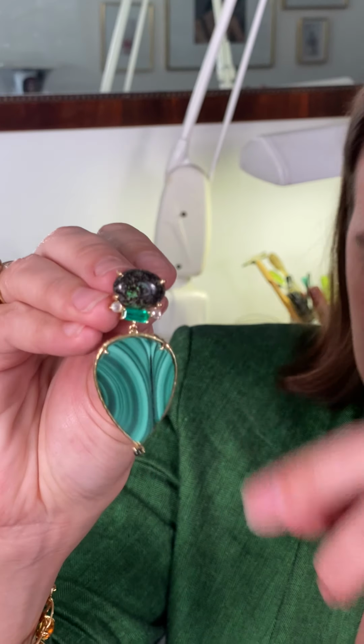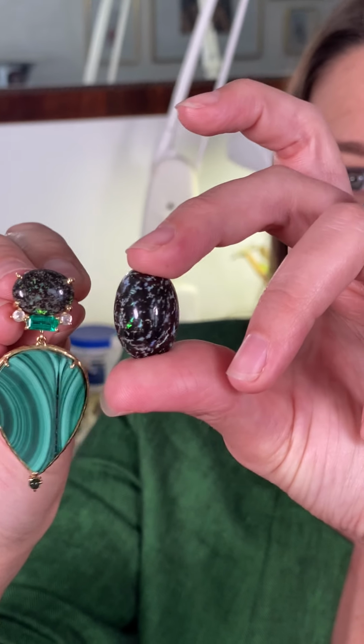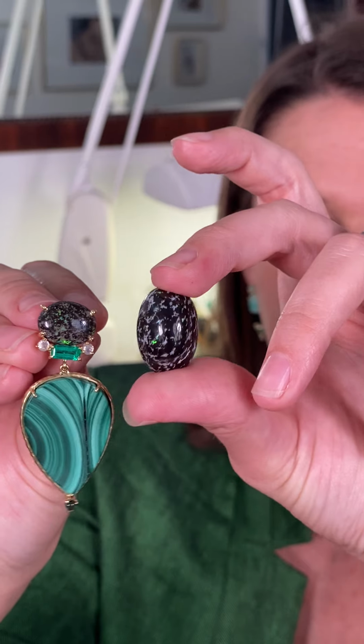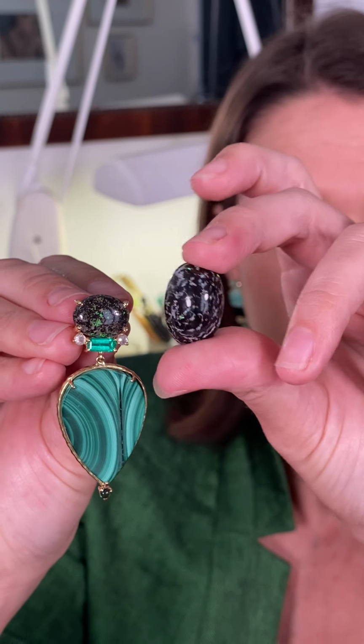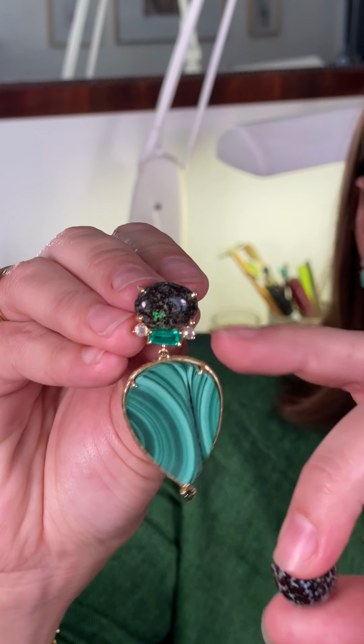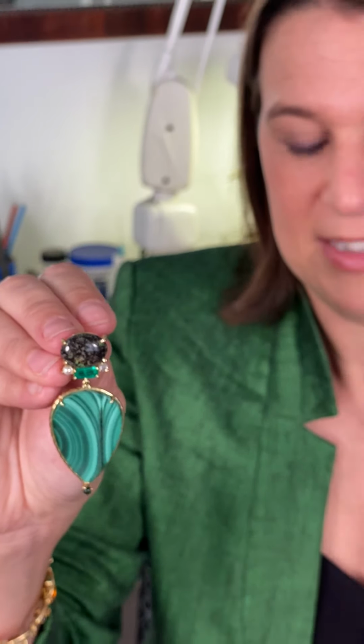And it might be hard to see in here, but actually I have another example that's loose, just so you can get an idea of a bigger size, and you can kind of see that opal flash, and it's pretty incredible. So I mixed this with emerald, and I've actually had this pair of emeralds for about, golly, I think I might have had them for 20 years,